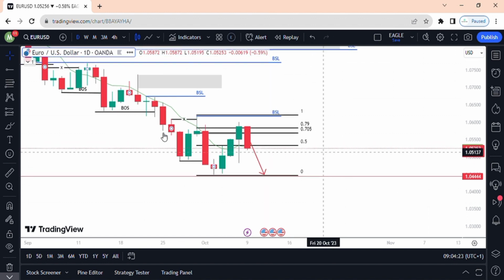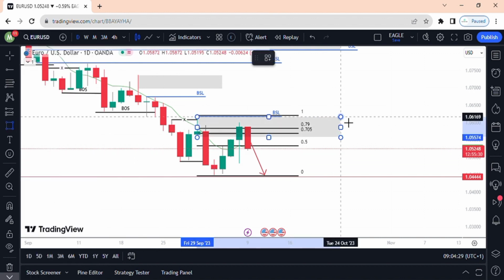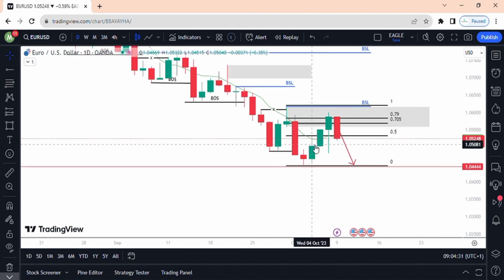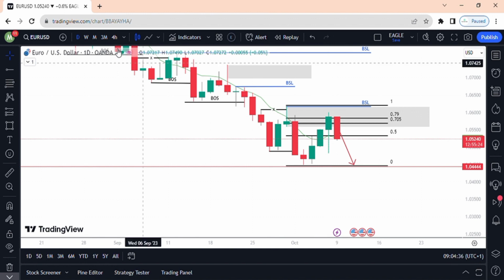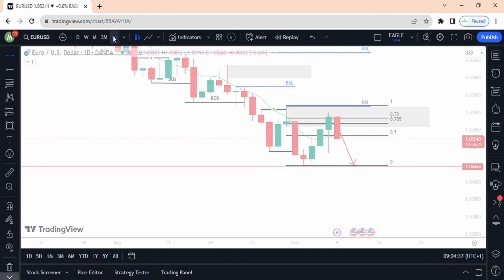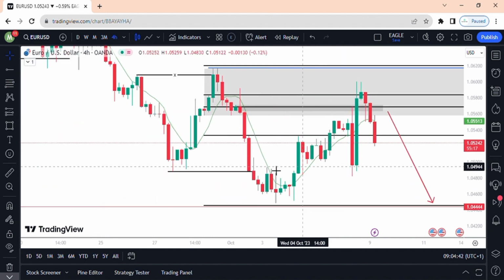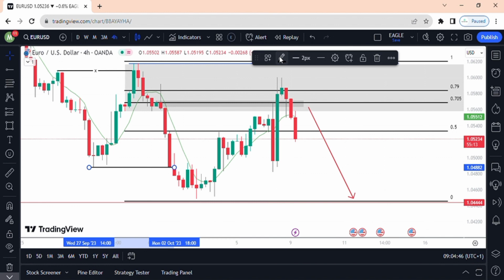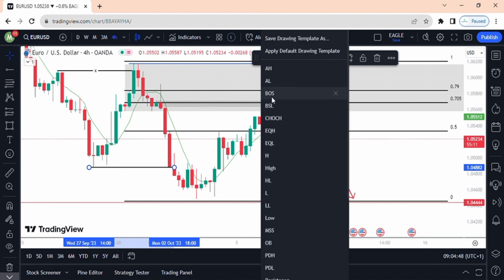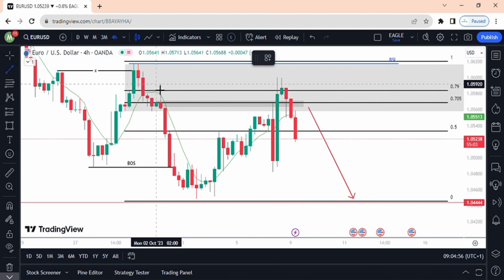Now we have this order block here, which I talked about the last time. Now this order block, this daily order block, and you can see what price did. Price just rejects from that level. Now if you scale down to 4 hour, you will notice something there. Now what do we have here? Now we have price just reject, clean sweep on this